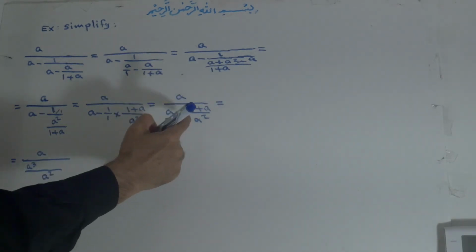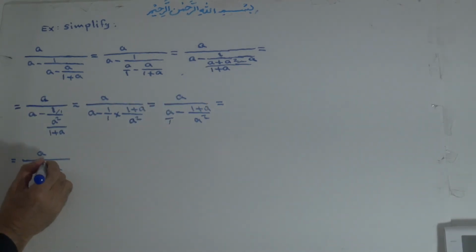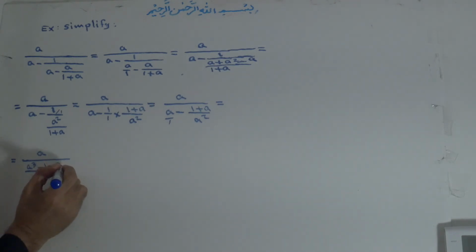But this negative sign is multiplied with both of them, so this becomes minus 1 minus a, and now this is equal to